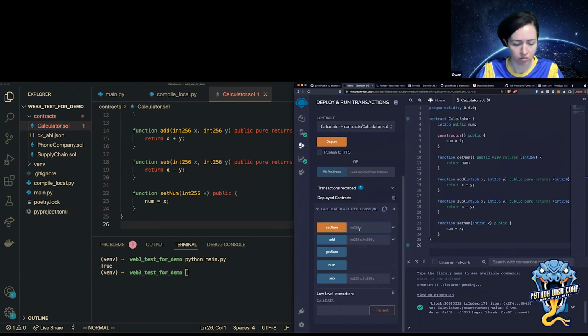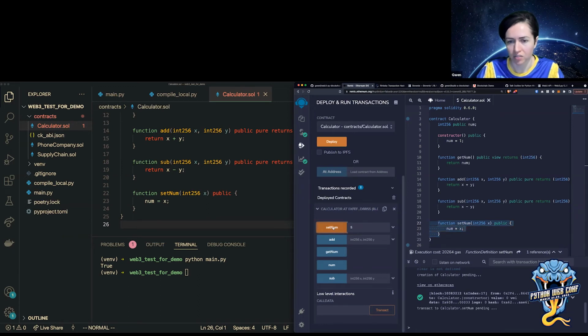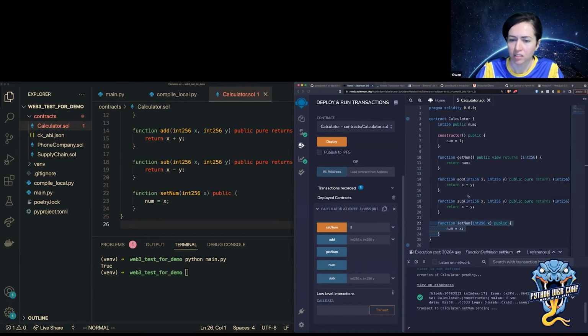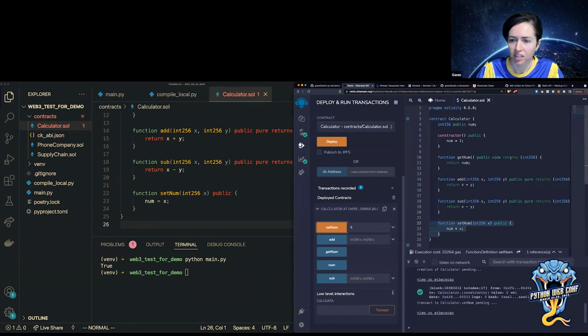I can call functions. Like I can call my setnum function, which is going to take some gas. And you can see that it's highlighted in orange, just to denote that it does take gas to run this function. So MetaMask will ask to confirm the transaction. And it confirmed it.